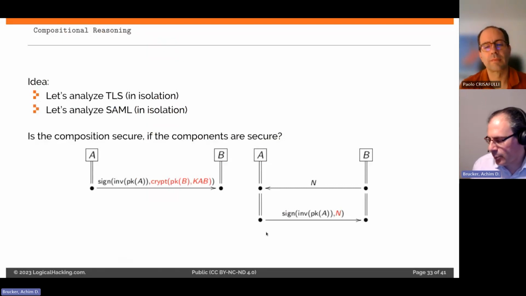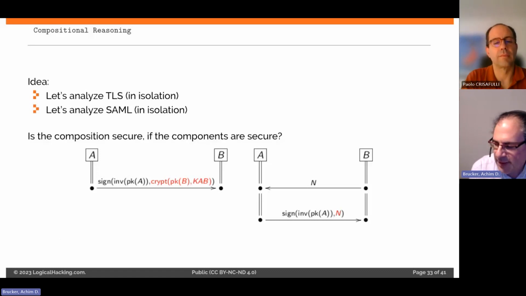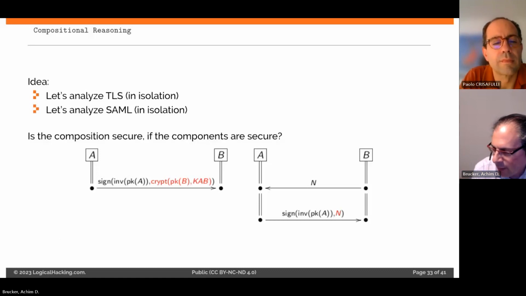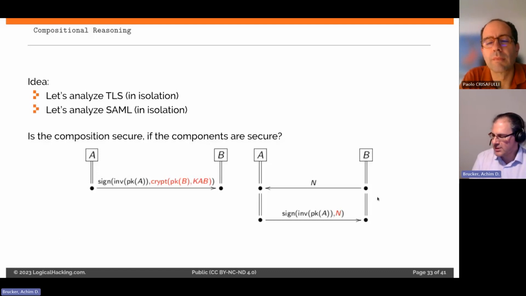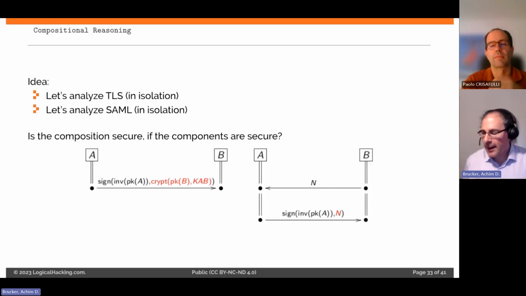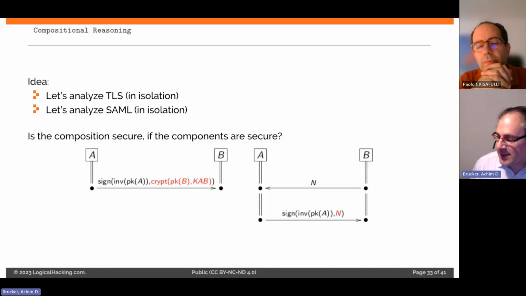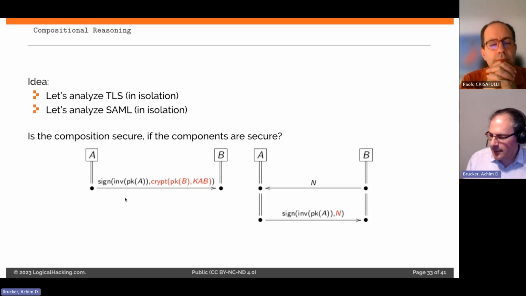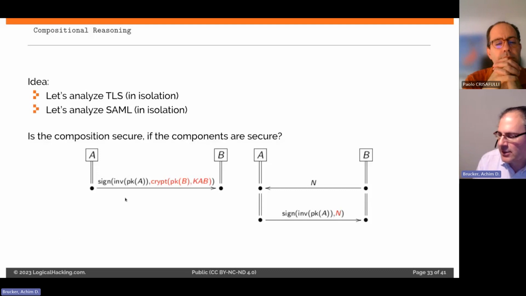And just to give you an idea of what the problem is, I have two very simple protocols here on the left and on the right-hand side. On the left-hand side, it's a simple protocol only sending a signed message to B. And the right-hand protocol is a two-message protocol. B starts the communication by sending a nonce to A, and then A also sends a signed message, including the nonce, to B. And if we look very closely at those two messages that A is sending to B,